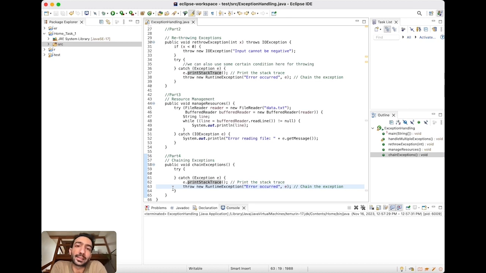We do exception handling for several causes. It has so many benefits, like chaining exceptions can let us preserve original exception information. We can add context to our exceptions, and also we can improve error handling